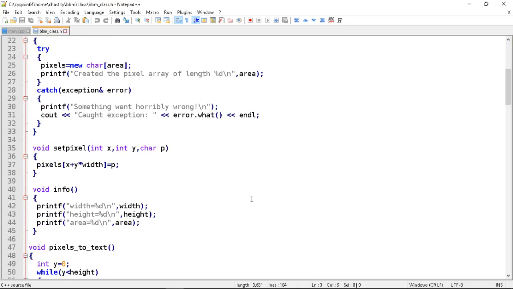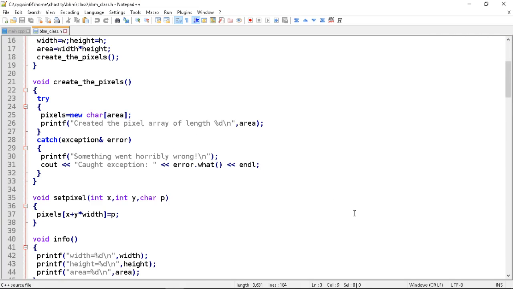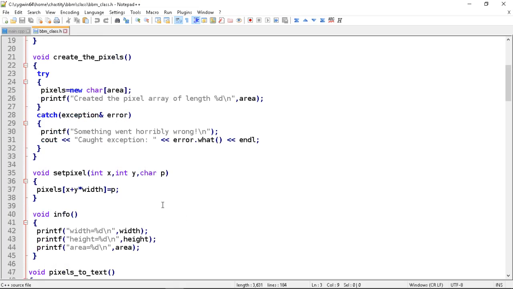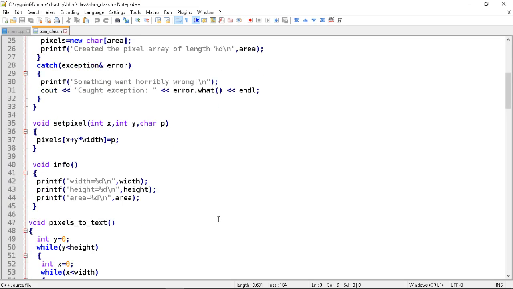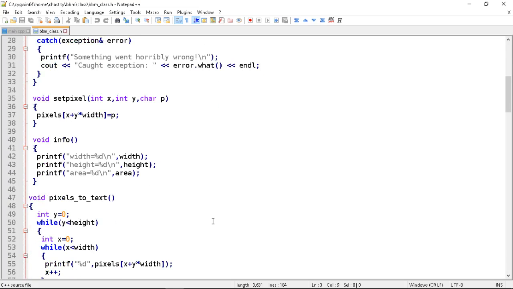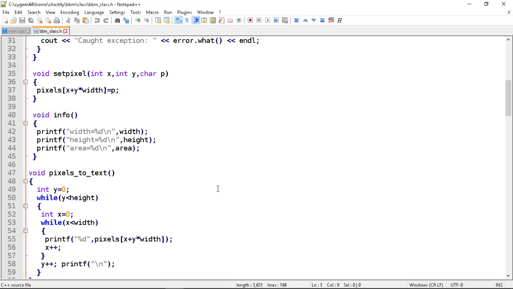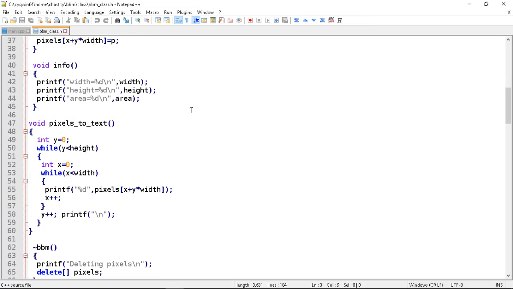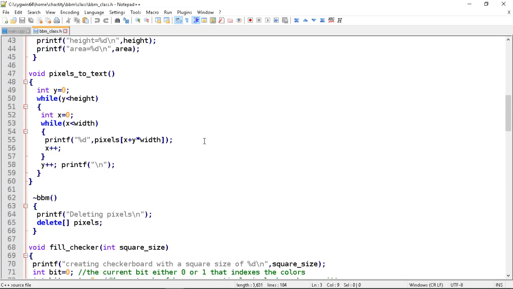It's a very messy function, and notice I have various little functions. I have the create pixels function, which allocates the memory. I have a set pixel function, which I don't actually use. I simply put it there to test it one time, but I don't usually use it. If I want a set pixel function, I might as well use the ImageMagick library, which provides that anyway. And there's an info function which displays the details of the image, and there's a pixels to